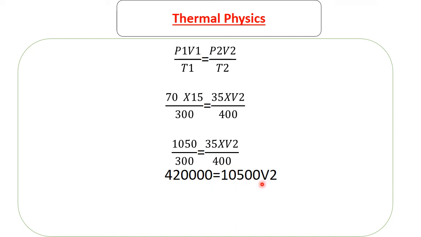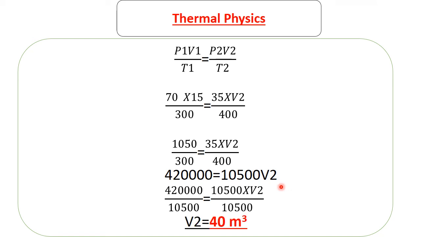Then we can divide both sides by 10,500, and we're going to have V2. Of course, I've just swapped the sides. I've taken V2 to this side, and the answer I got on the other side is going to be 40 meter cubed. So this is how to use the general gas equation, and this marks the end of gas